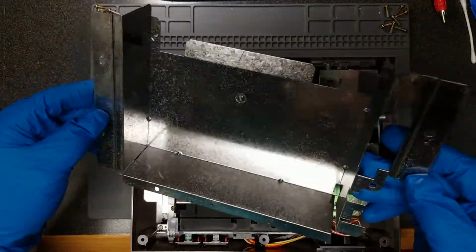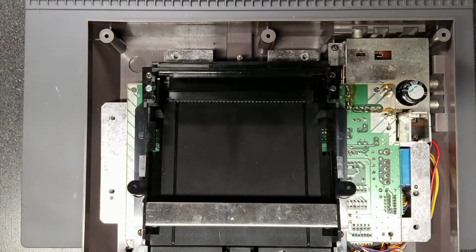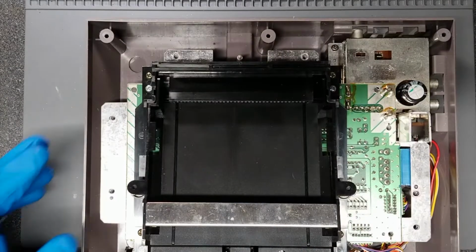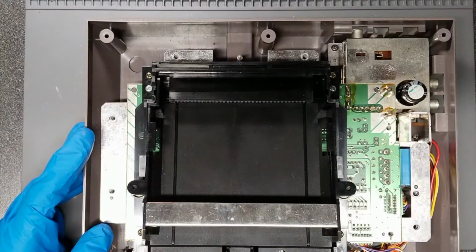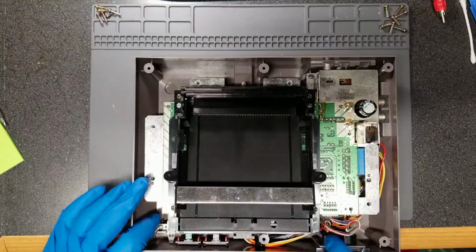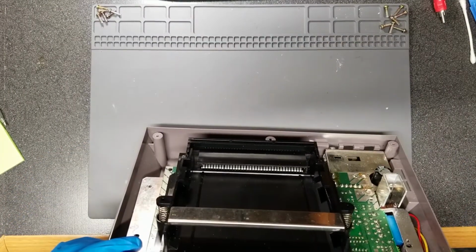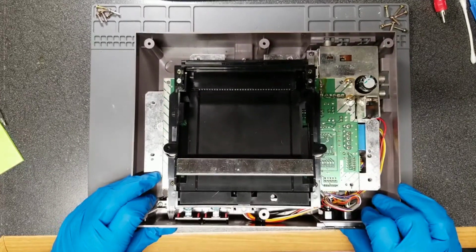This isn't in bad shape otherwise. A little bit of corrosion that can be cleaned up, and the cartridge slot is surprisingly clean. Overall, just a little, probably pet hair. Looking at the cartridge connector itself, some of the pins are slightly out of alignment, but again, this design was